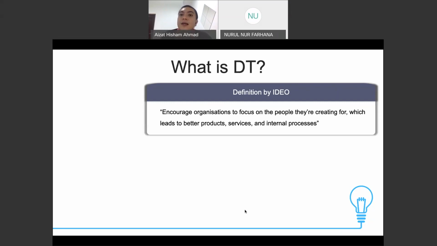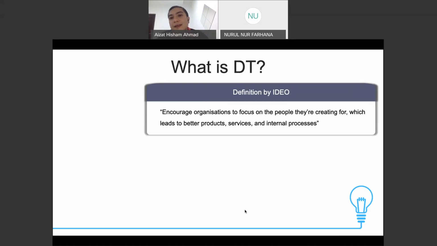So stakeholders are the people that work closely with us in whatever purpose, professional or personal. When we do design thinking, it will encourage us to create better internal processes if you're in an organization, or even if you are a marketeer, it will be able to provide a better promotion market, or even it can create better products and of course services.